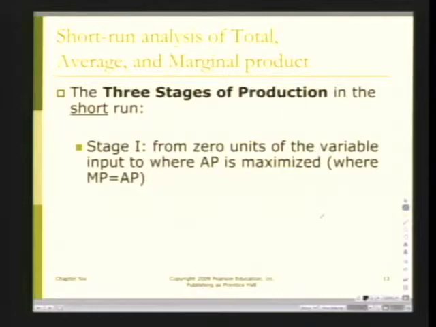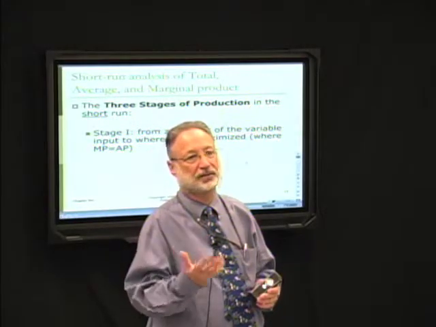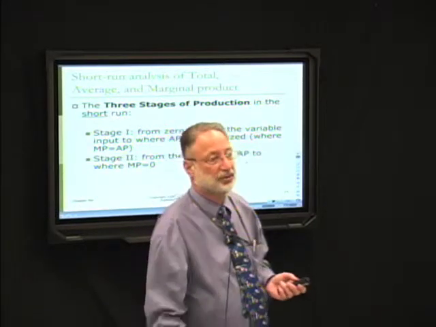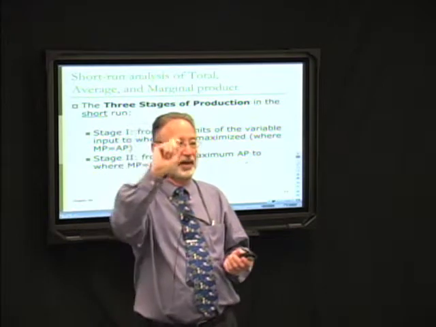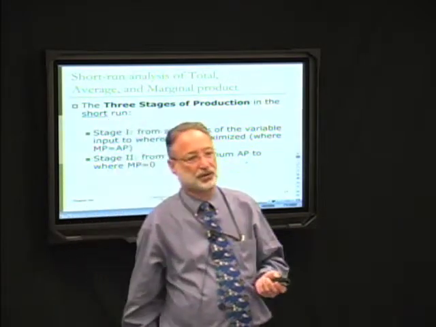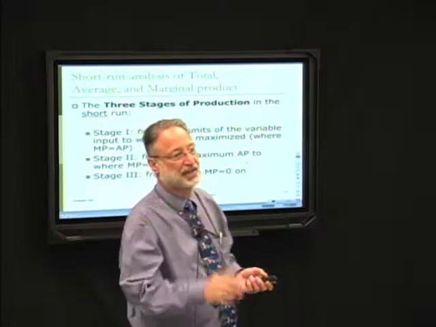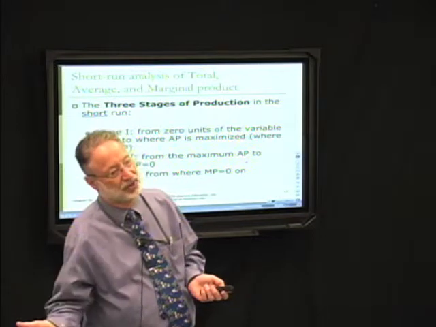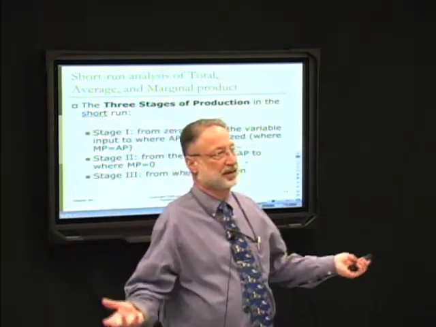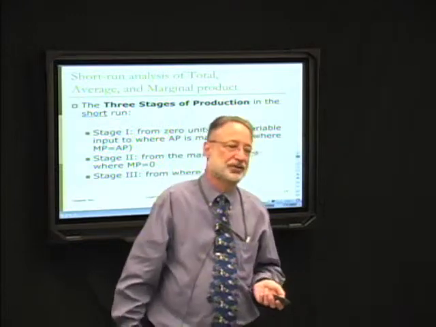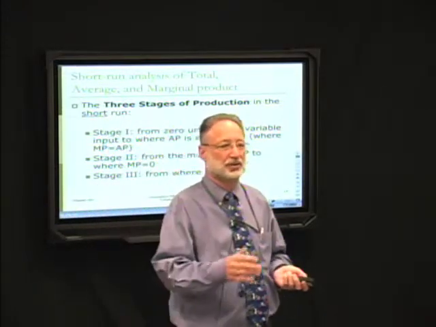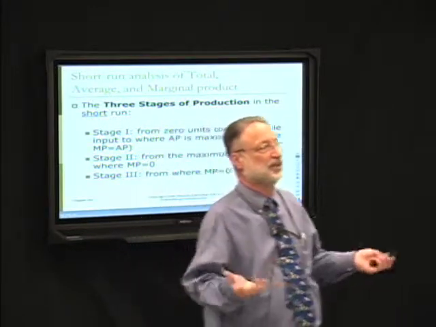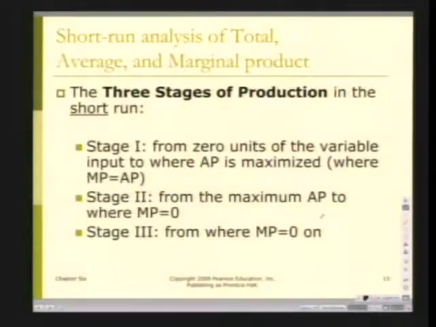Now notice what's happening in that stage. Marginal product is rising positive, and so is average product. Stage 2 is from that little point where average product was a maximum and marginal product was 0. And then stage 3 was that interesting little point where marginal product was 0. So anything beyond stage 3, marginal product is negative. Notice stage 1 doesn't make sense because what you're seeing is marginal product and average product are rising, so it would make more sense to continue to add output, produce more.